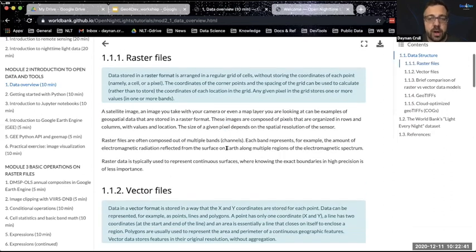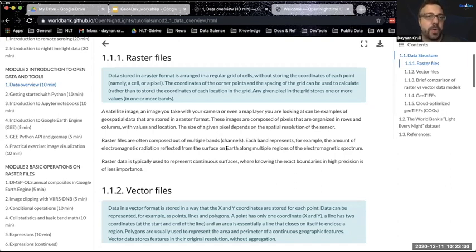Raster files are, I would say, by far and away the most common, and I'm not sure that I've encountered any satellite data that are not in raster files. You can think of these like you would an image, a photograph. They're pixels, they're cells. Think of it as a matrix. We'll talk about that later. But it's a grid-like data structure. And each grid cell then represents values of data.